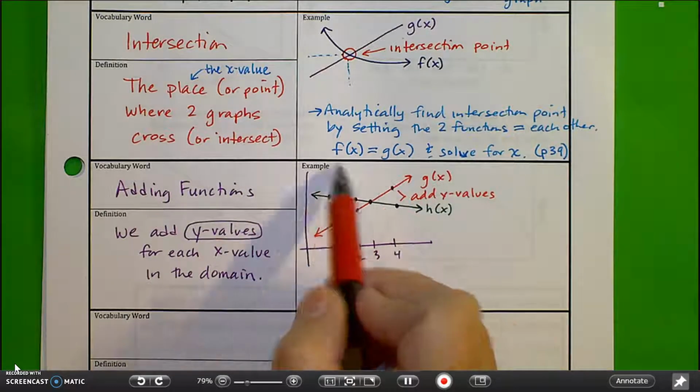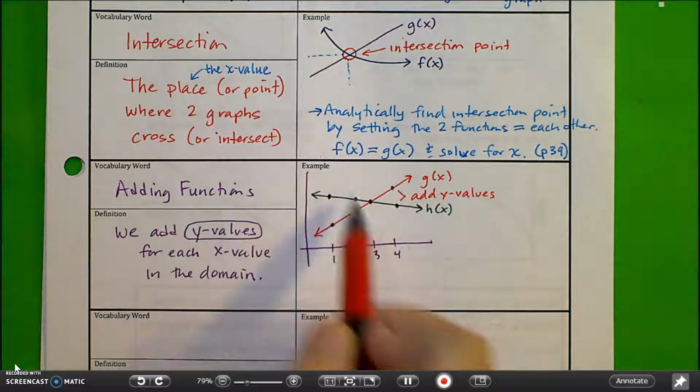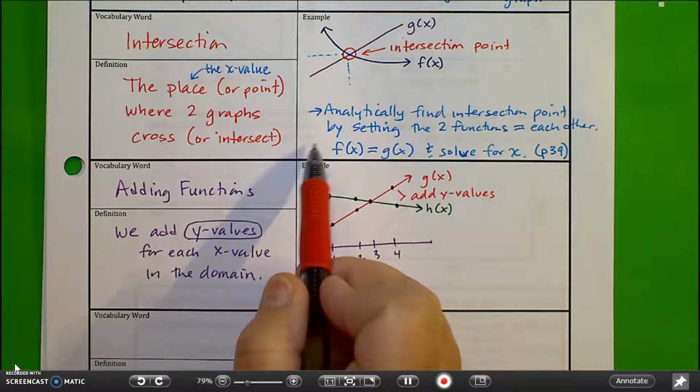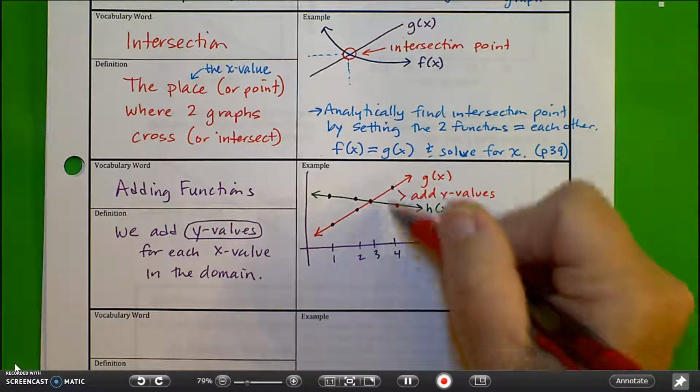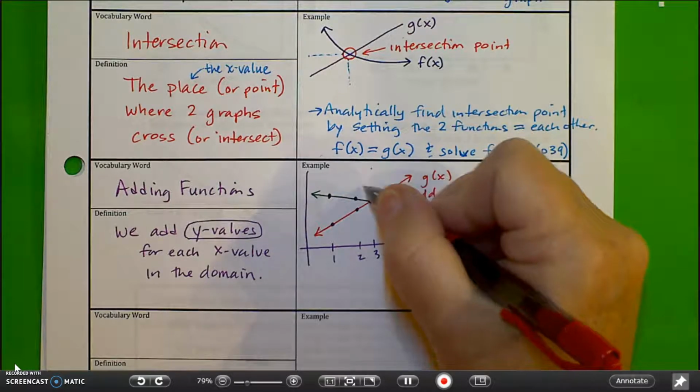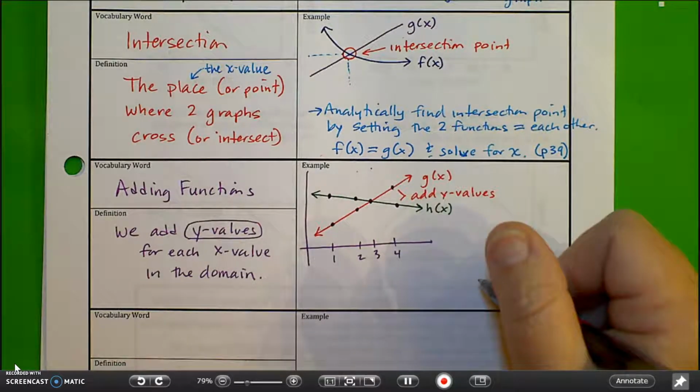Basically if you added these together, it would be another line. I don't have room to do it, but it would be another line coming across here. So you could do that point by point and see where you would be. Or